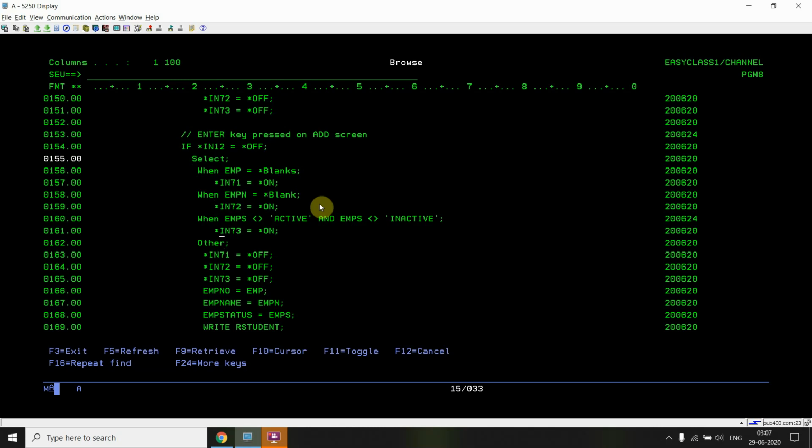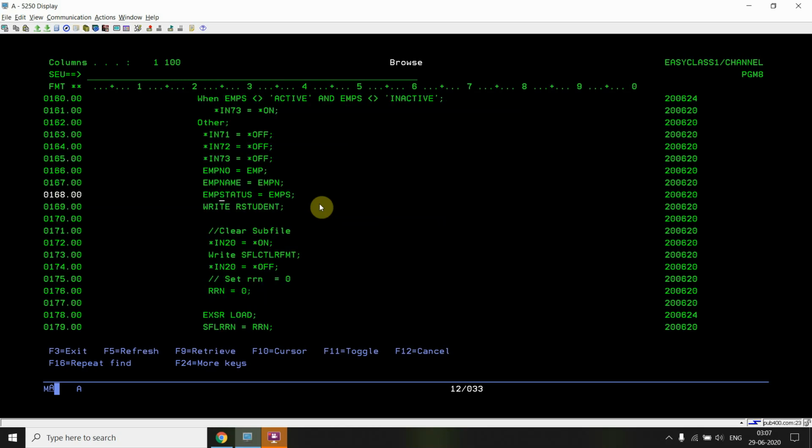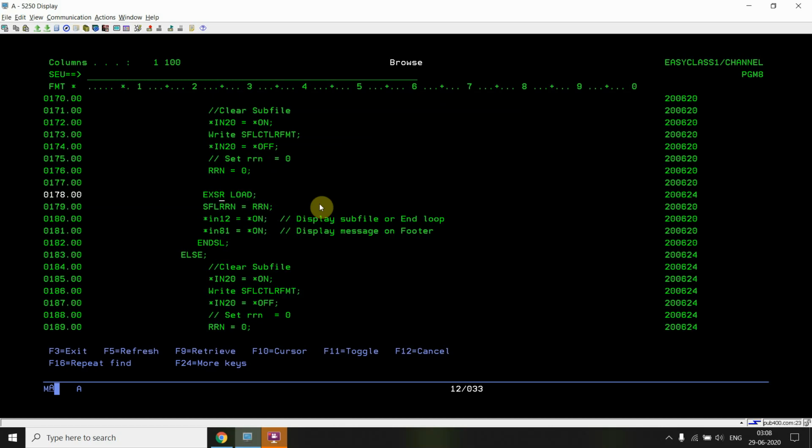If all the validations pass, it goes to the other section and sets all the indicators to off, then writes, or adds, the record to the file, clears the record format, and loads the subfile again from the file, which now has the added record.